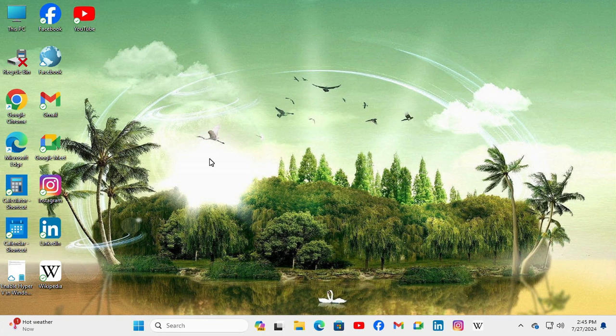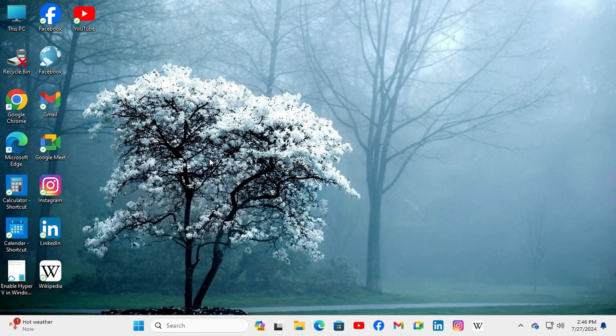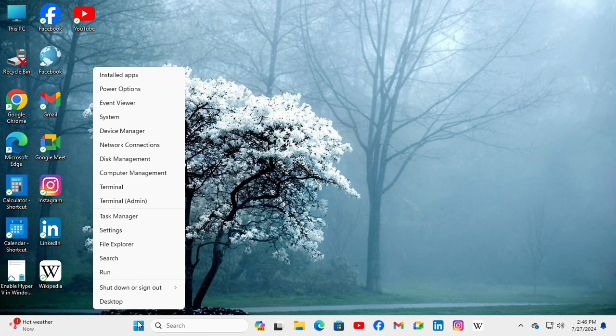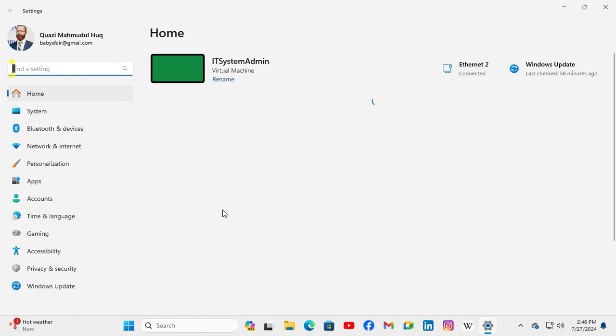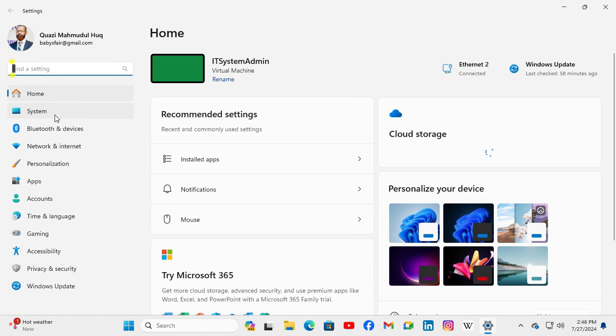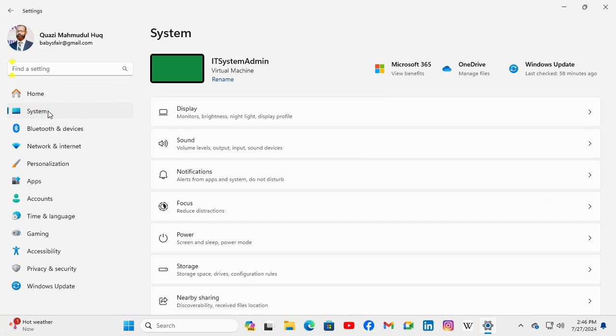To disable notification sounds on Windows 11 computer, right click on Start menu, click on Settings. In the left pane, click on System. You will find here notifications. Click on notifications